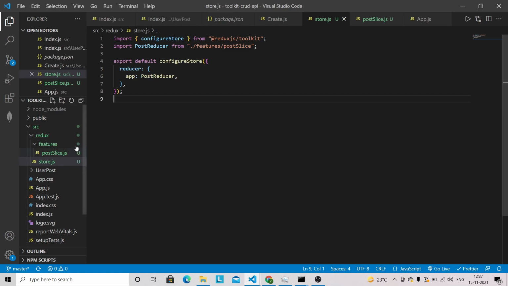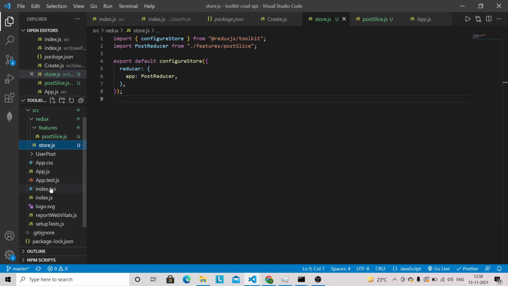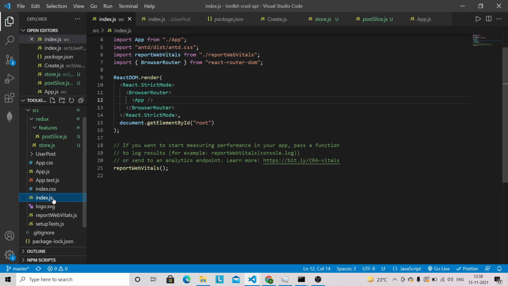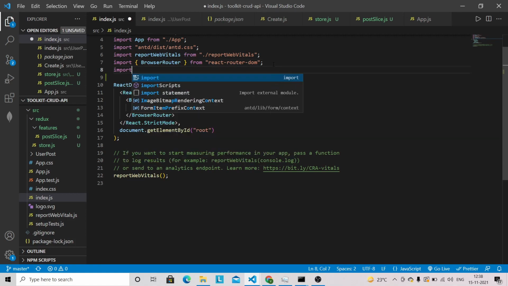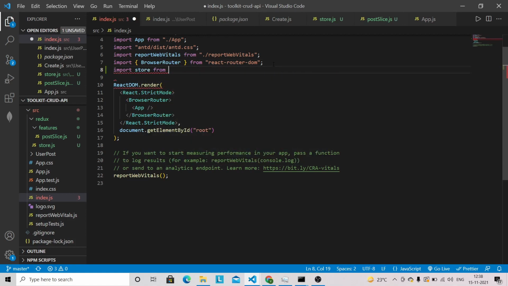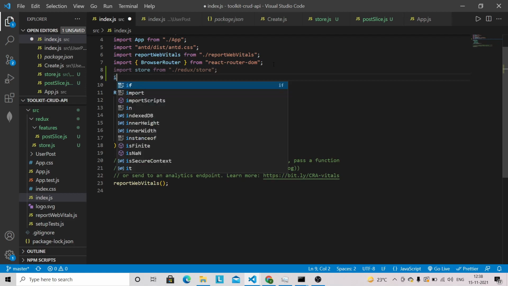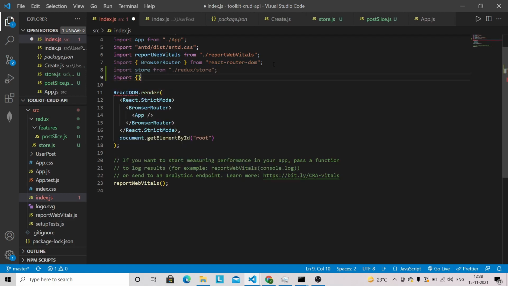Now we need to adjust some code in our index.js file. In index.js, first we need to bring the store, so import store from the Redux store. And we need Provider from React Redux so that the application can access the state from the store. So we have to provide the store to our application.